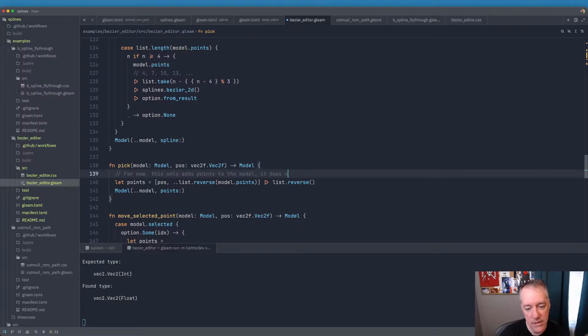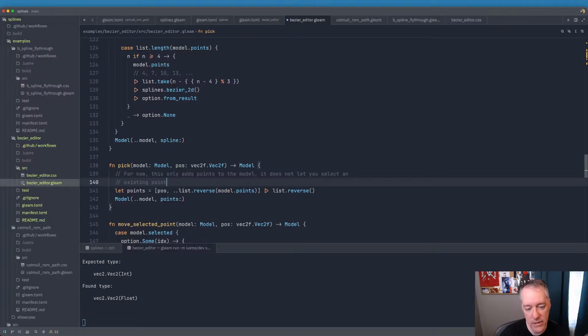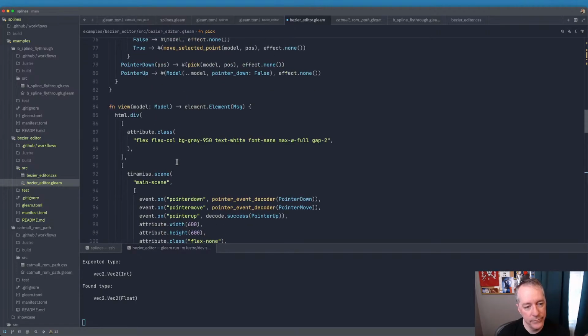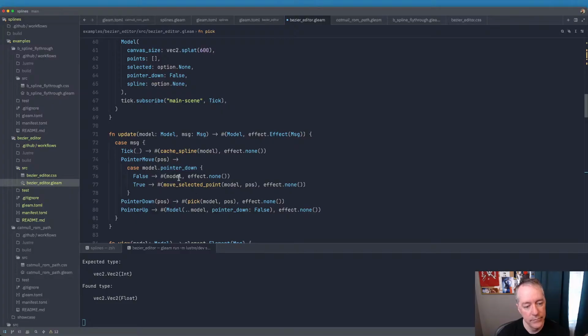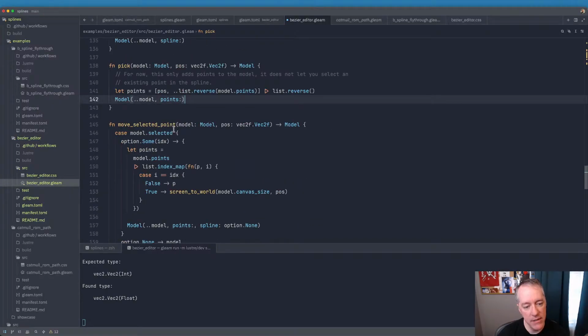It does not let you select an existing point in the curve or in the spline. We have the move selected point though. So we could say